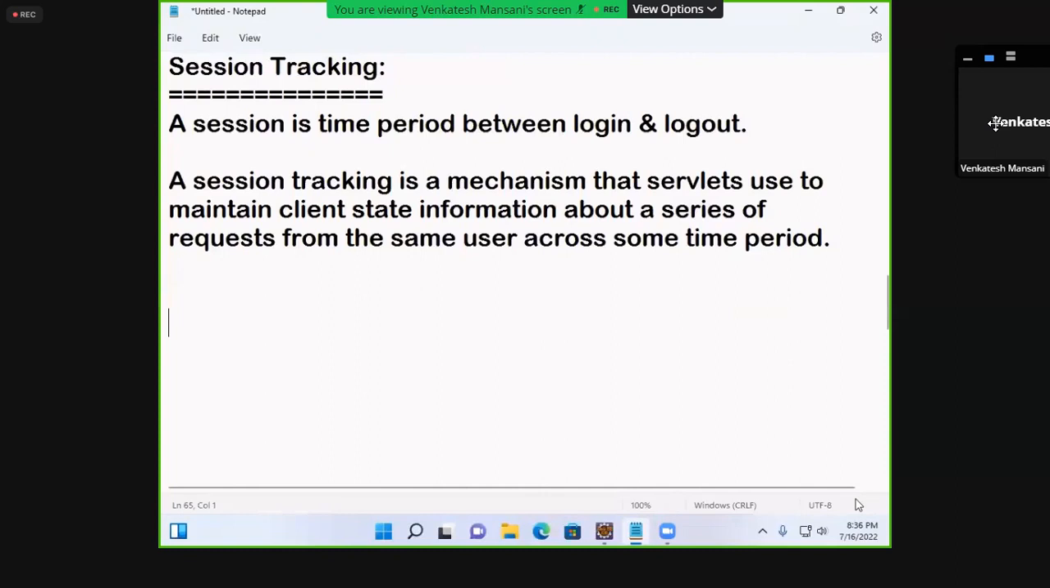Suppose you open a mailbox, just you see how many mails came. Immediately you log out. 1 minute only you see. That 1 minute also is one session. So the time period between login and logout is called one session. That much time period, some data is maintained, that is called the session tracking mechanism. See, session tracking is a mechanism that servlets use to maintain